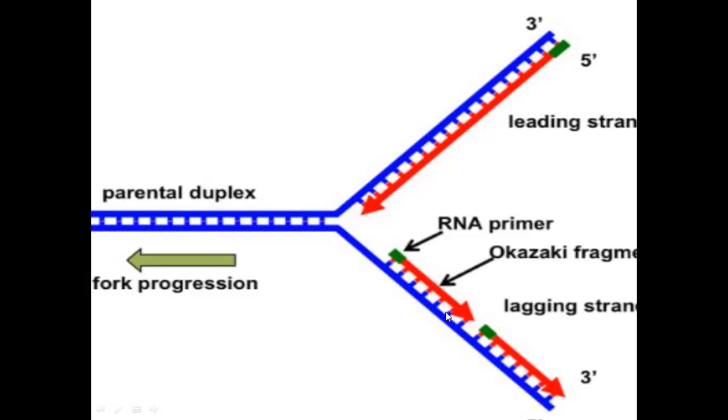So short stretches again. Another RNA primer, then on it another short stretch is synthesized, then another, and so on. Short fragments or stretches of DNA strands are synthesized here. These are called Okazaki fragments. Okay, and the helicase continuously opens, that is, unbinds the DNA, and the synthesis goes on continuously like this. So the two daughter strands will be formed.